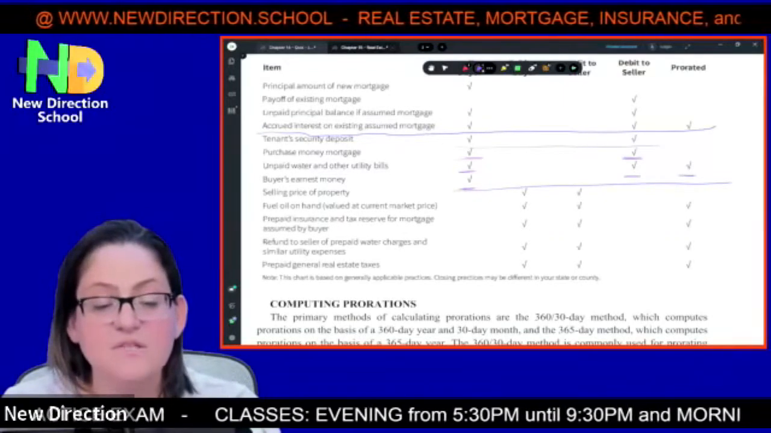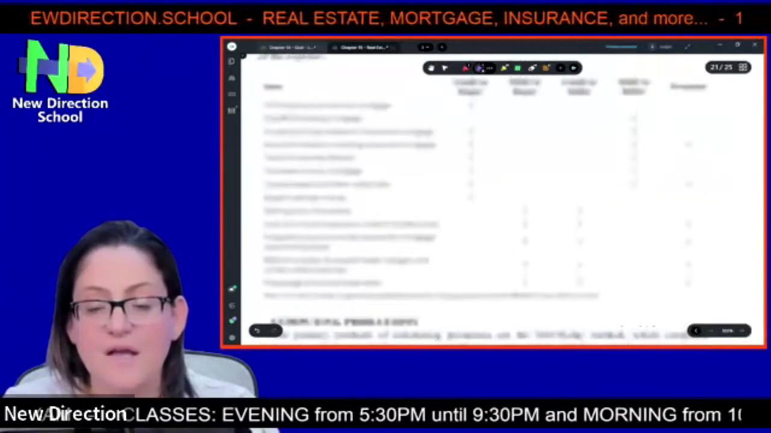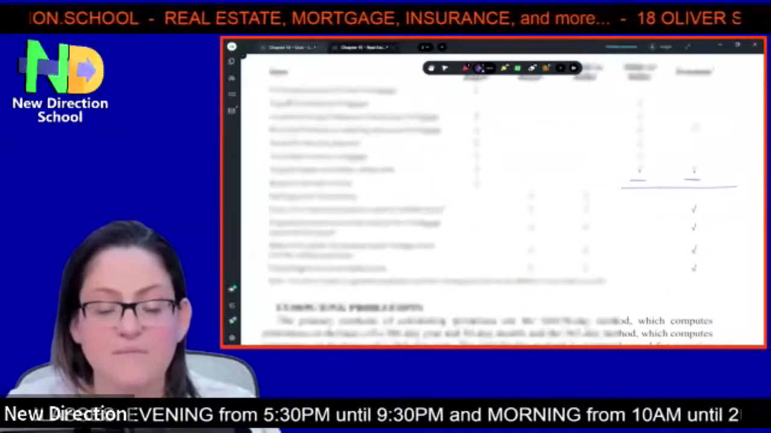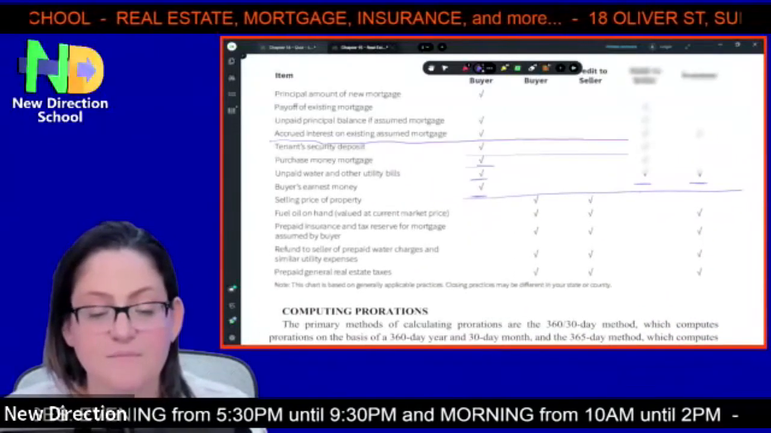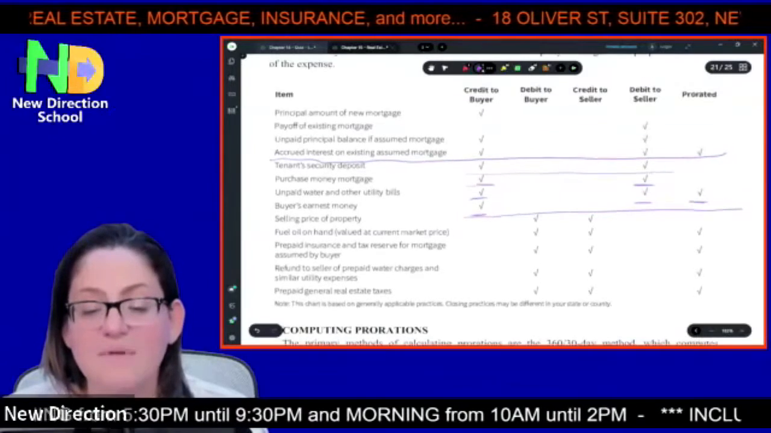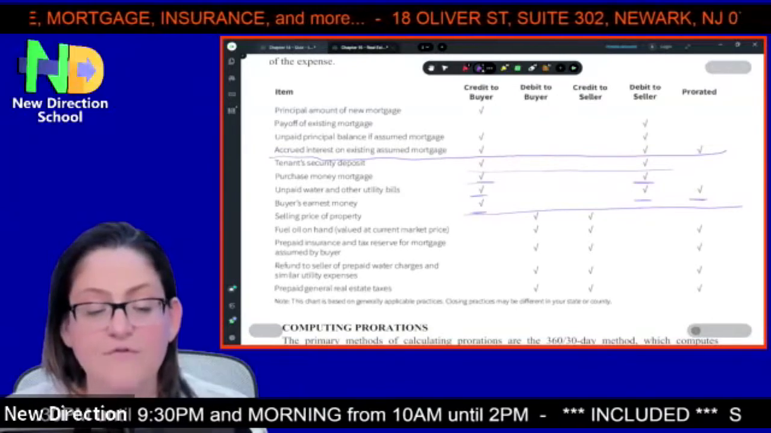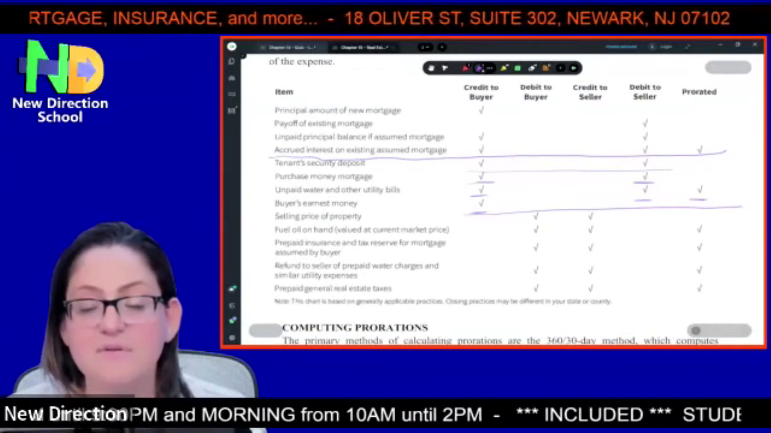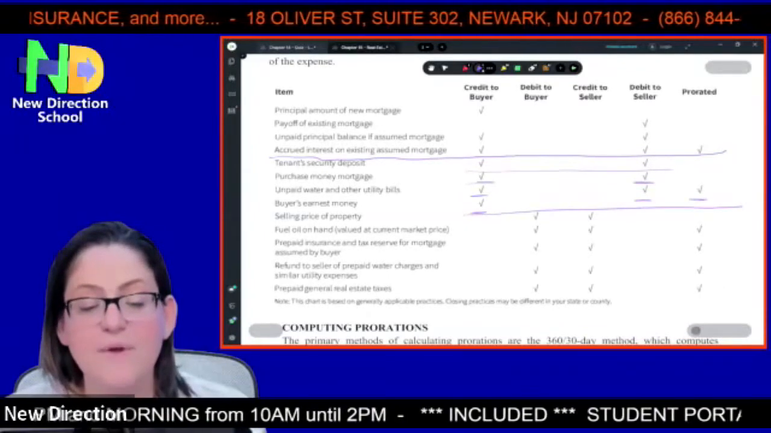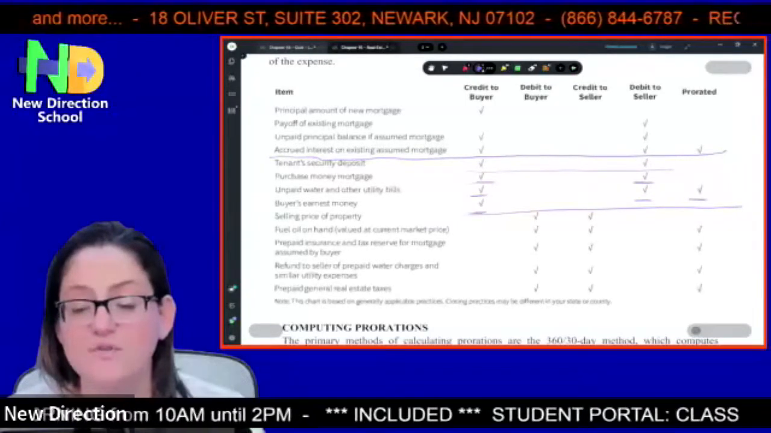Okay, so selling price of property is a credit to the buyer, a debit to the buyer. I'm sorry, wait, hold on a second. I'm trying to look at the line. So it's a debit to the buyer and a credit to the seller. Fuel oil on hand is a debit to the buyer and credit to the seller, and it's prorated. Prepaid insurance and tax reserves for mortgage is a debit to the buyer and a credit to the seller, and